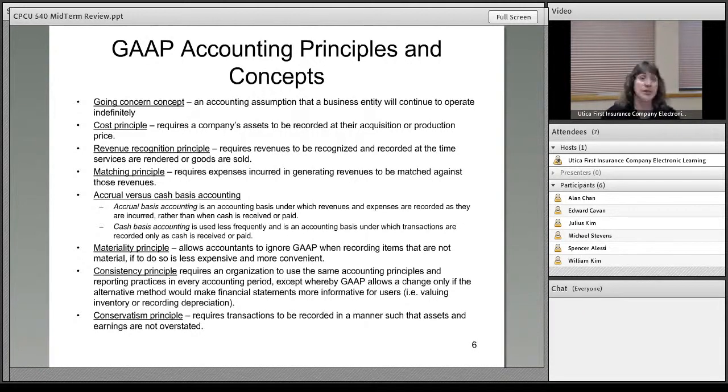Your accrual versus cash basis accounting, very important. I'm sorry, accrual versus cash basis. Very important to understand these. Accrual basis accounting is where revenues and expenses are recorded as they are incurred rather than when received or paid. And that's important, for example, in insurance, because even though you may receive the payments, they're not